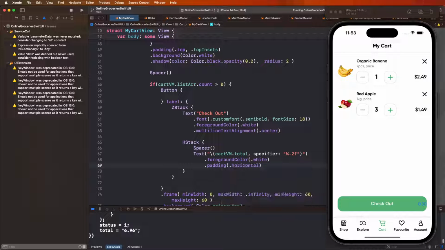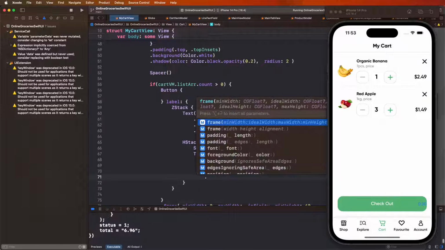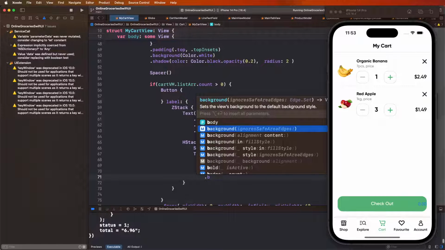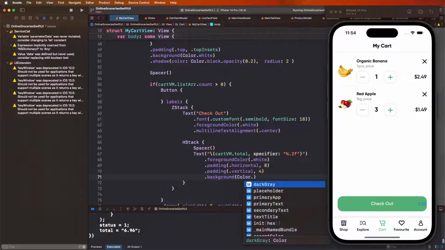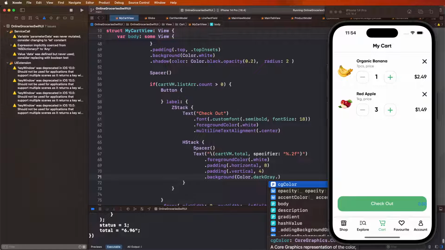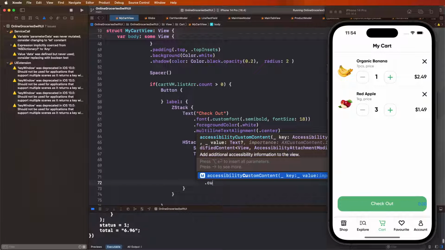Leave it equals vertical 4. After color, now need to corner radius